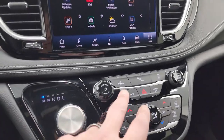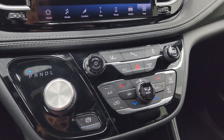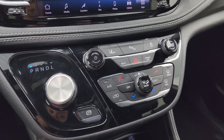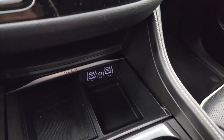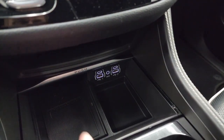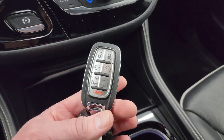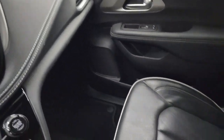You get lane departure warning, stability control, climate, volume, tune controls, more tactile ones. This is a continuously variable transmission in this vehicle, and there's your parking brake. Down here you get 2 USBs, 2 USB-Cs, and an aux jack, as well as a wireless cell phone charge pad. Keyless entry, remote start, power liftgate buttons, and side door buttons on the key fob, passenger side floor mat,